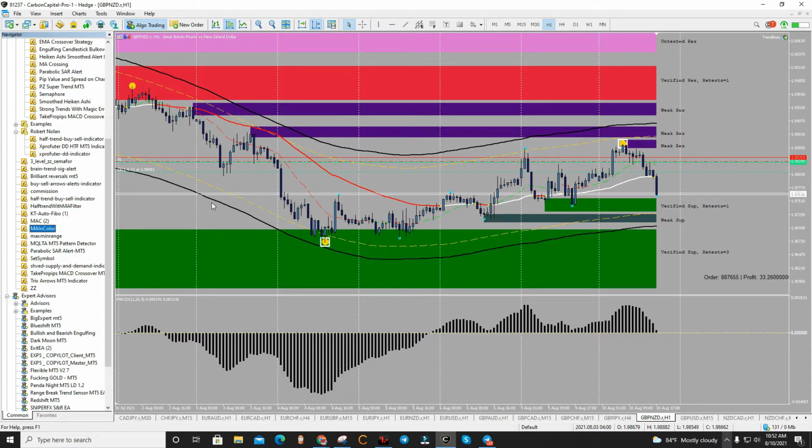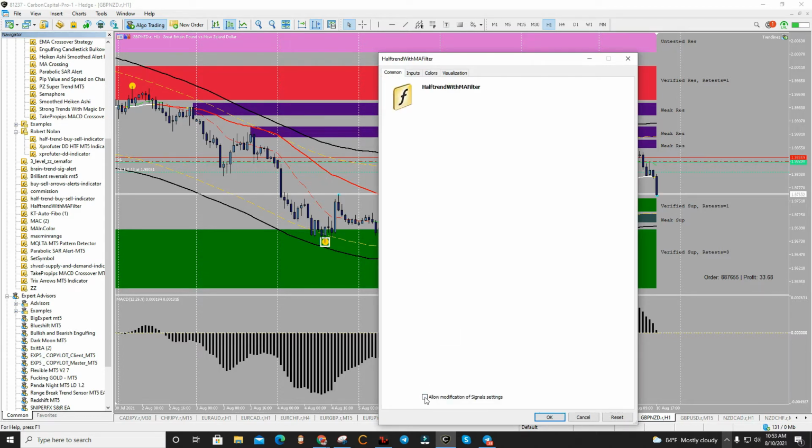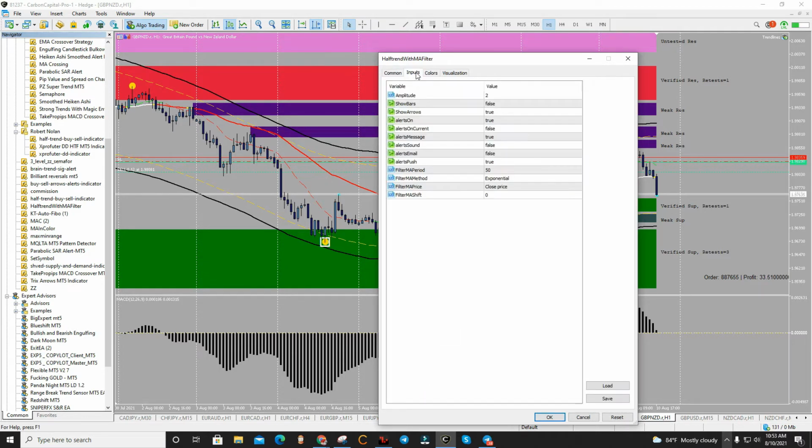All right. Next thing we want to do is we want to add our half trend. That's the half trend MA with MA filter. Double click it in Telegram, it'll show up. Double click it here. We're going to go to common, click, inputs, leave it 2, show bars, leave it at false, arrows, yes, alerts on current, set it false, message, yes, alert sound, again, I don't want the sound or the email, push, leave that there, 50 exponential close,